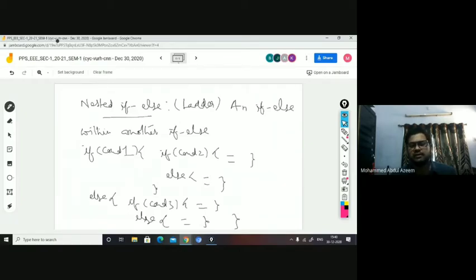Inside the outer if I have another if else. Inside the outer else I have another if else. I can have if else inside this if else. Again, I can have if else here in this else. You can have multiple if else within if else. That way you can have any number of times. Fine. This approach is said to be the nested if else.